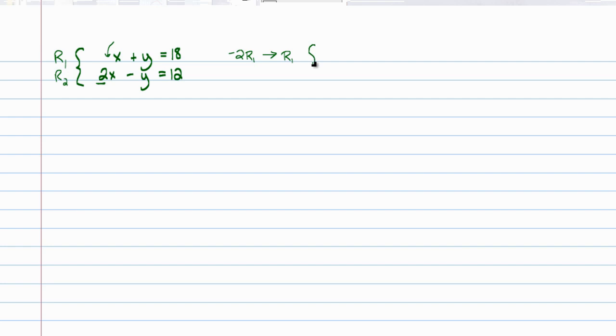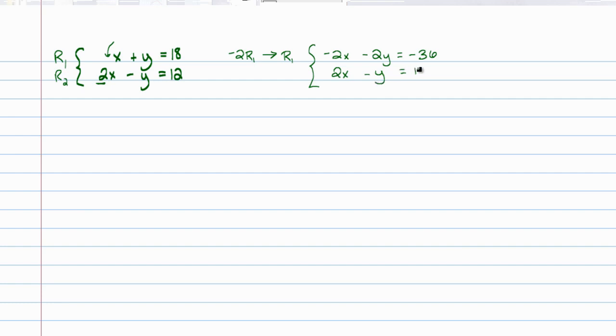If I do that, let me rewrite. So I take negative 2 and I'm going to multiply it by everything in this first row. So in other words, I have a negative 2x, I have a negative 2 times that y equals, and I also have, and this is a very, very important thing to mention here, a negative 2 times that 18, which is a negative 36. Most students I know end up forgetting to multiply the right-hand side. I'm just letting you know, be very aware you're going to get a wrong answer if you forget to multiply the right-hand side. Since I didn't bother touching row 2 here, I'll just rewrite row 2 as 2x minus y